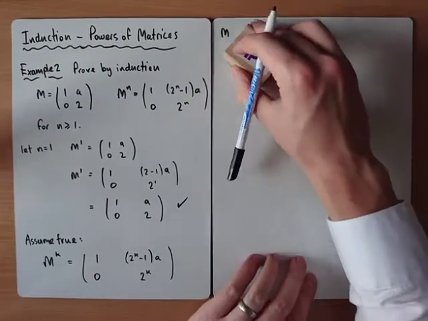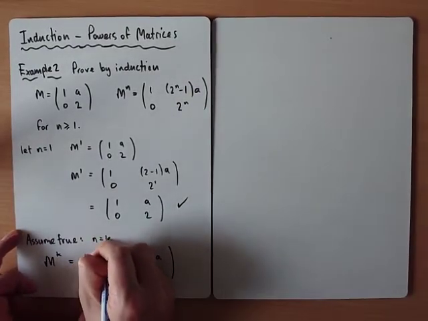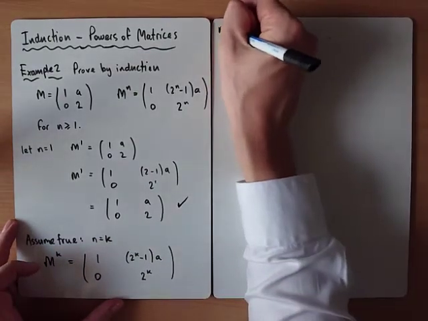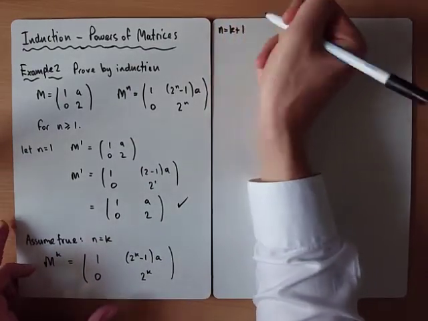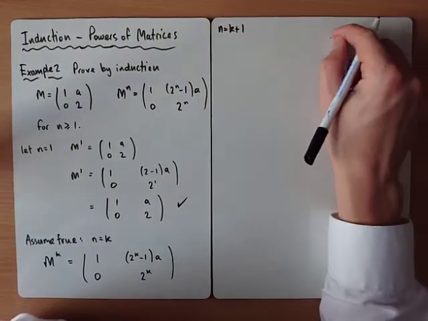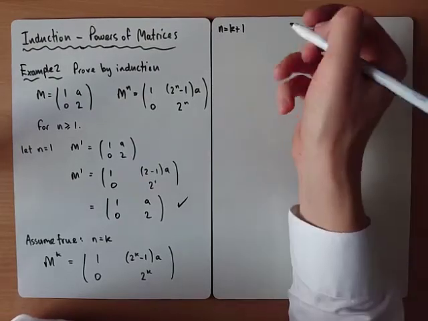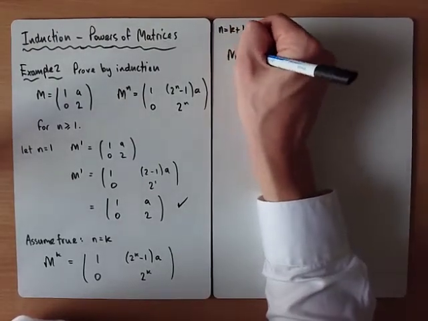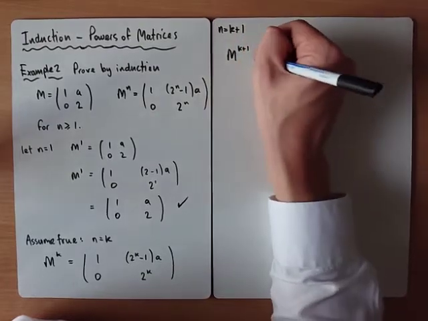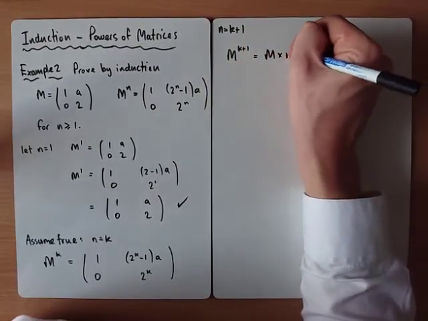So, sorry, we should say assume true for n equals k. If we let n equal k plus 1, I'm going to skip writing the aim down, but I would recommend doing it. We'll see at the end, but we can compare it with the results. If n equals k plus 1, M to the k plus 1 would equal M times M to the k,